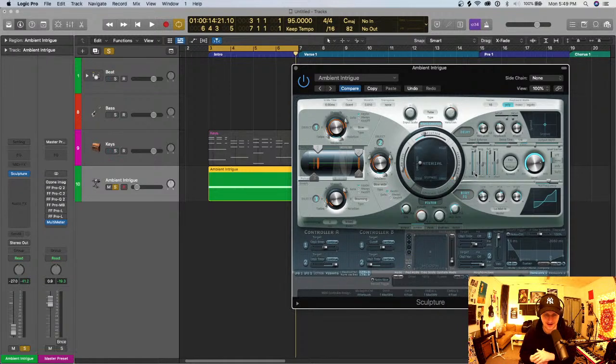Basically, you can make a pad sound out of anything. Oh, not anything, I guess. Well, any synth really, if you increase the attack, you'll almost turn it into a pad sound. And we'll do that in a minute. But I'll give you an example with this one. Since we increased the attack,